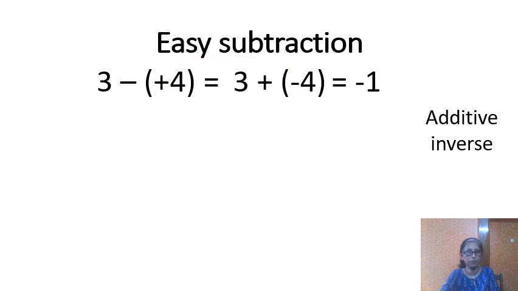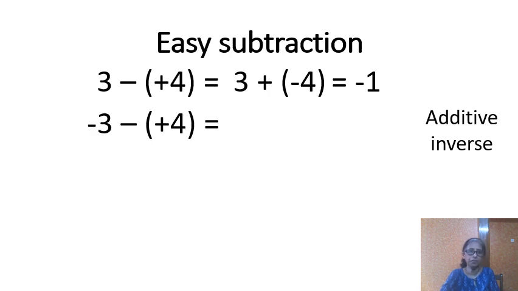You get minus 1 because here you have 3 and minus 4 to add. 3 and minus 4 are opposite integers, so you have to do subtraction. So 4 minus 3 is 1 and 4 is bigger than 3, therefore you have to put the sign of the bigger number, that is minus, and you get the answer minus 1. Now we'll take the next question, that is minus 3 minus plus 4.